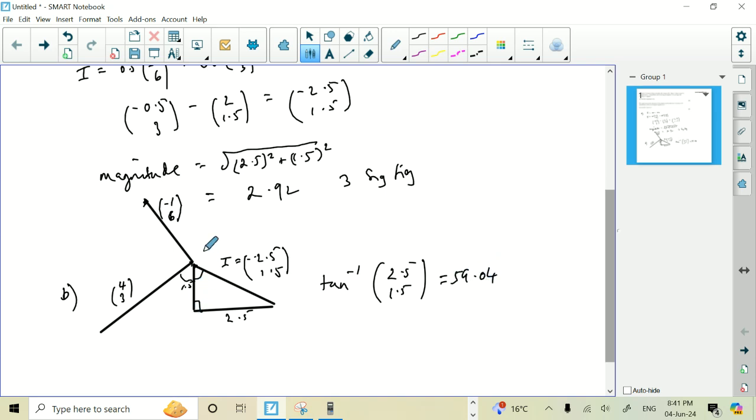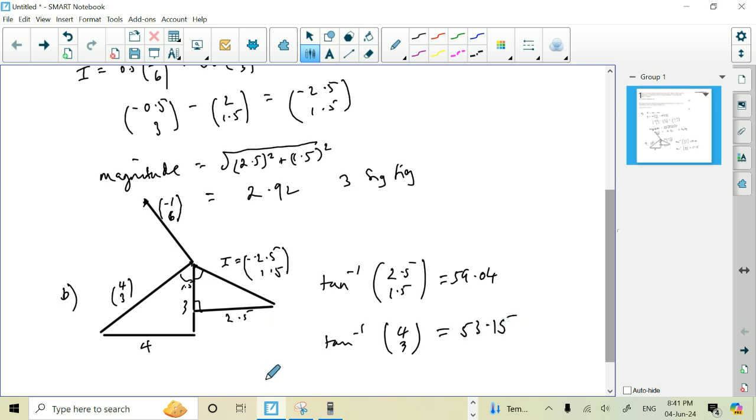And if I just extend this line now and draw this to here, this gives me 4 along, and all of this is 3 up. And if I do inverse tan of 4 over 3,